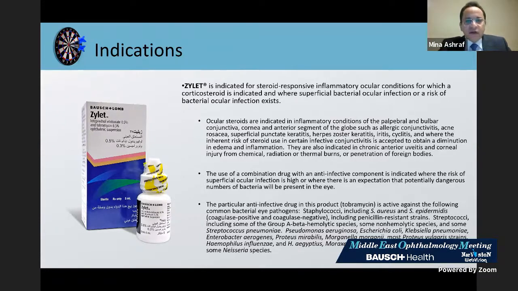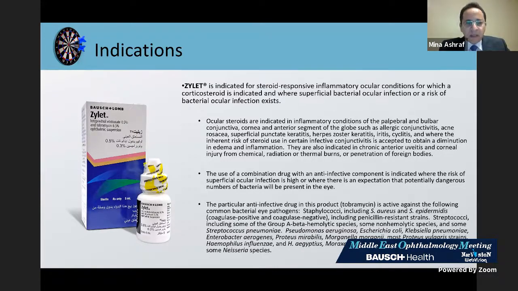Ocular steroids are indicated in inflammatory conditions of the palpebral and bulbar conjunctiva, cornea, and anterior segment of the globe, such as allergic conjunctivitis, acne rosacea, superficial punctate keratitis, herpes zoster keratitis, iritis, cyclitis, and where the inherent risk of steroid use in certain infective conjunctivitis is accepted to obtain a diminution in edema and inflammation. They are also indicated in chronic anterior uveitis and corneal injury from chemical, radiation, or thermal burns or penetration of